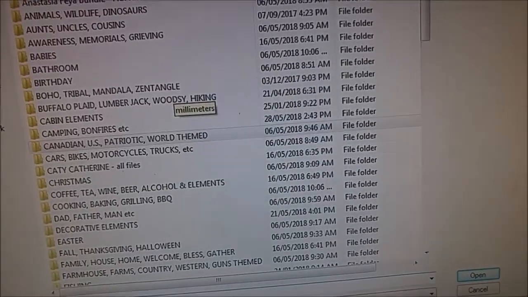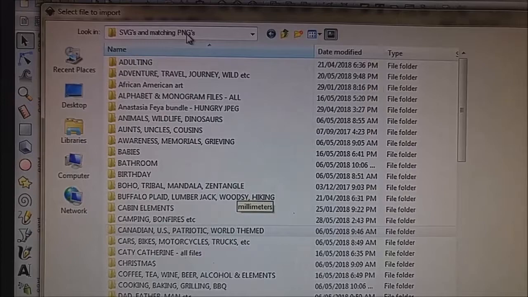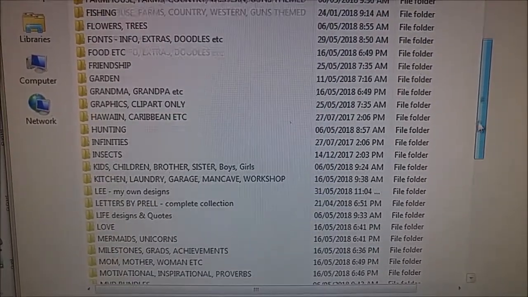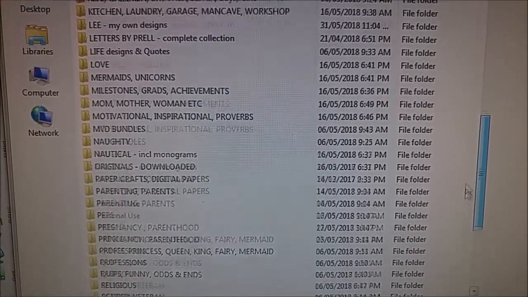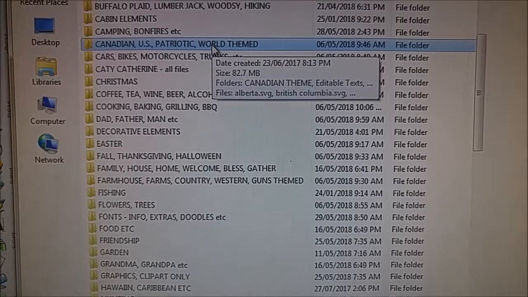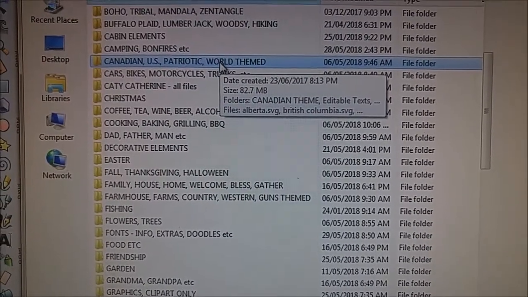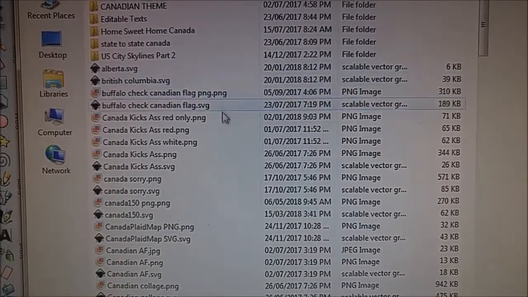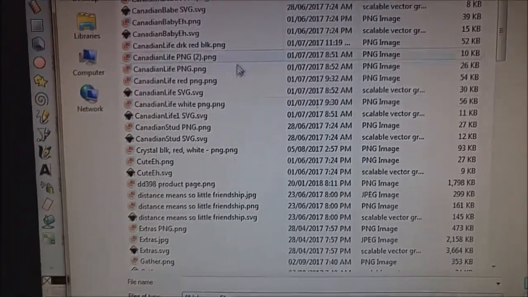I've just gone into my SVGs and matching PNGs. They're all in here by themes. I'm pretty organized, as you can see. It's pretty anal for some people. They laugh at me, but it just makes it really easy for me to be able to find what I'm looking for. So I'm going to hit Canadian, and then I'm going to scroll through to find a design that